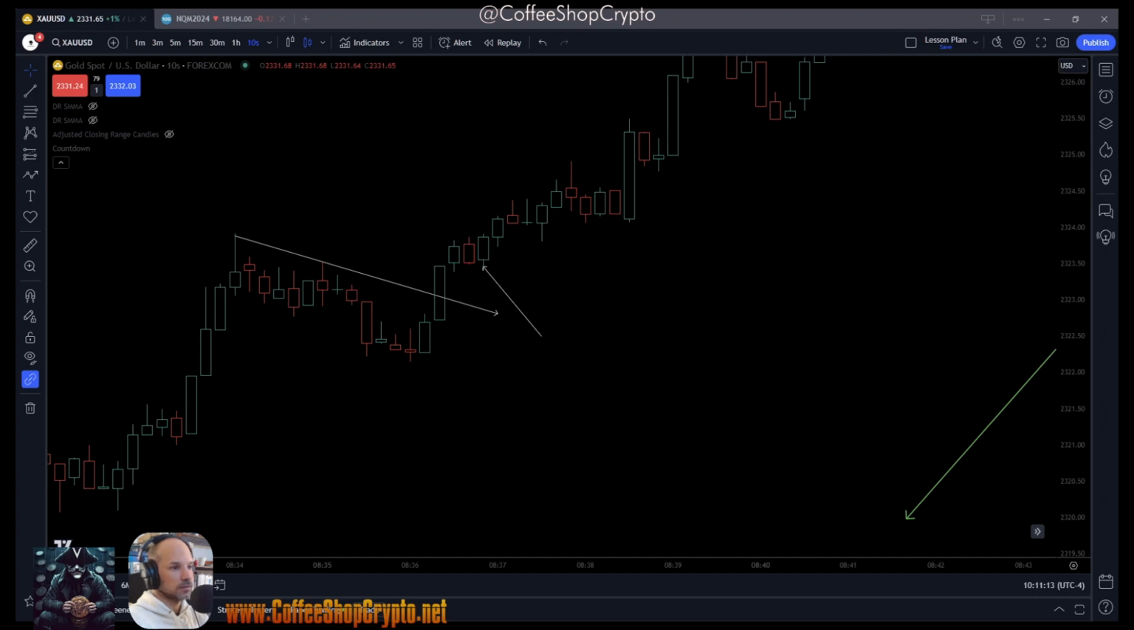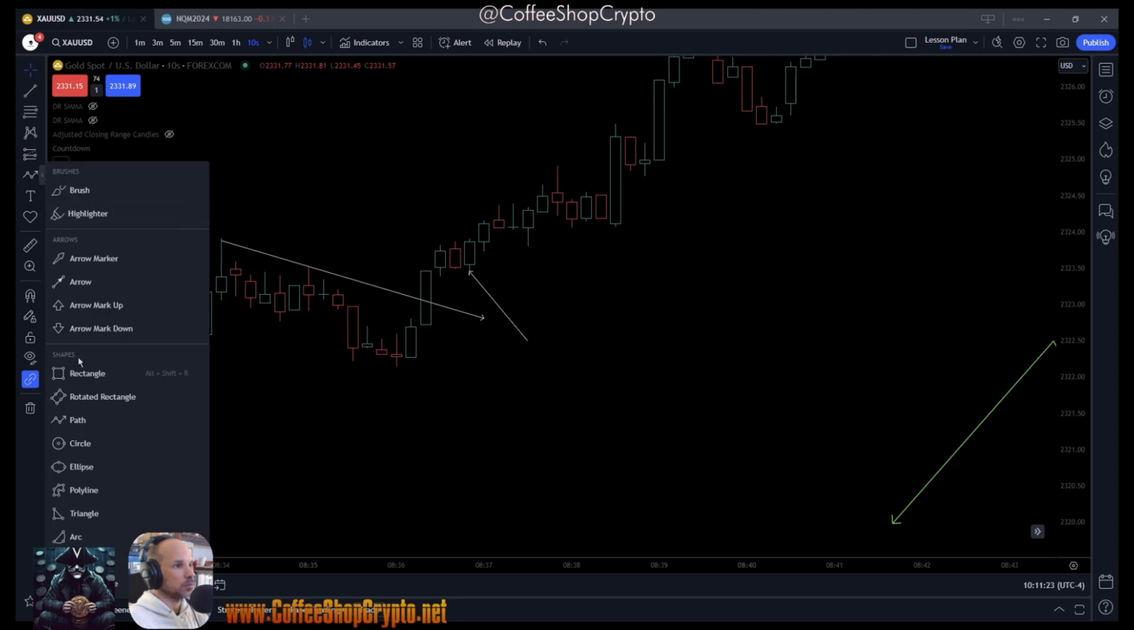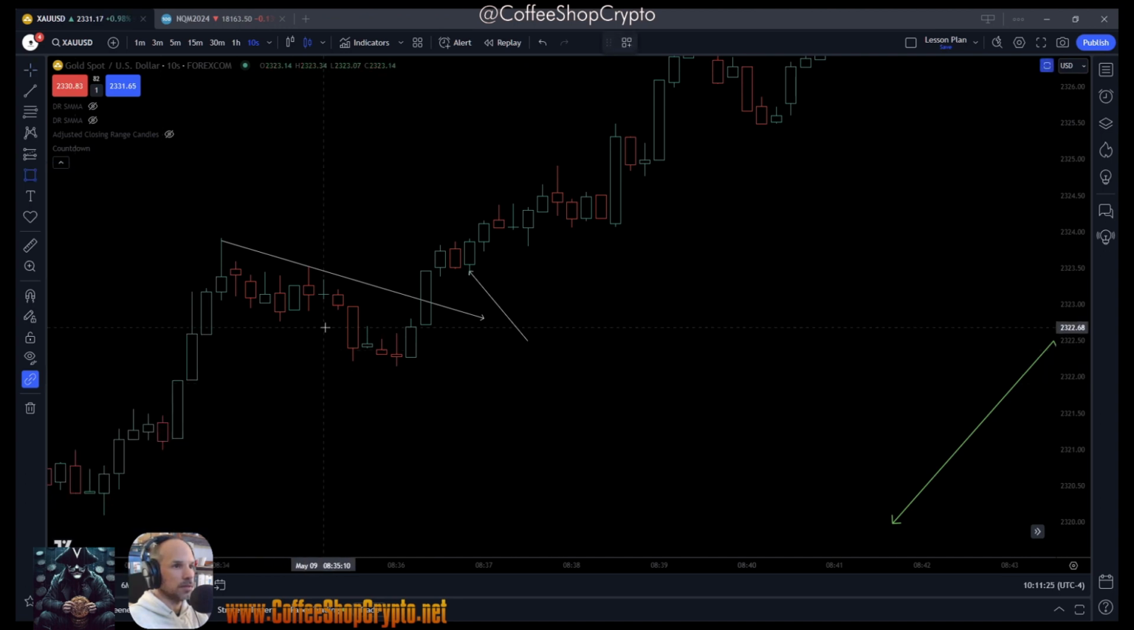Let's see here. All right. Next thing that we're going to cover. Order blocks are pretty cool because they become breaker blocks very quickly. So here's the high. I forgot to tell you what to do with the order block. Here's the